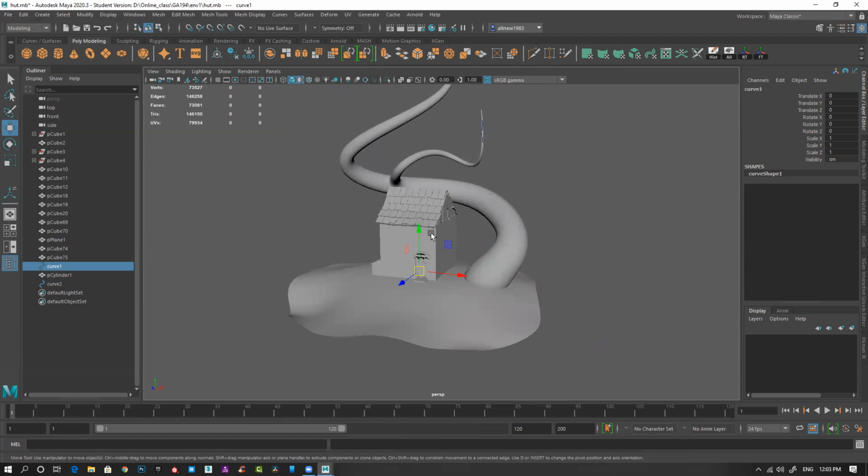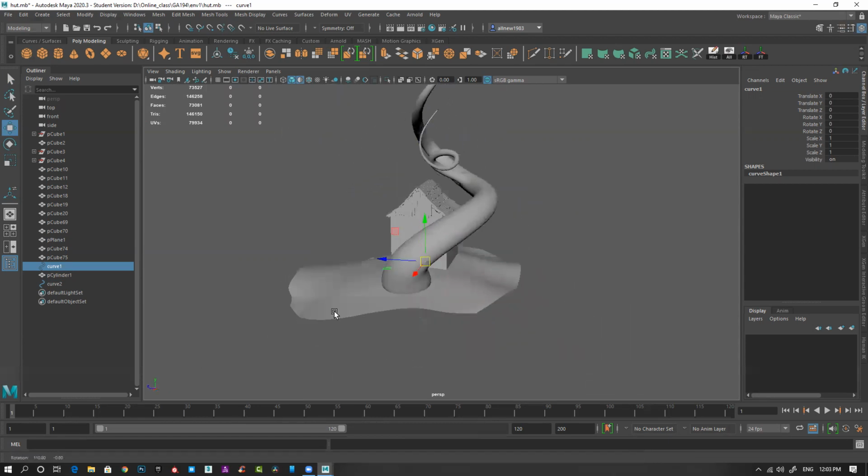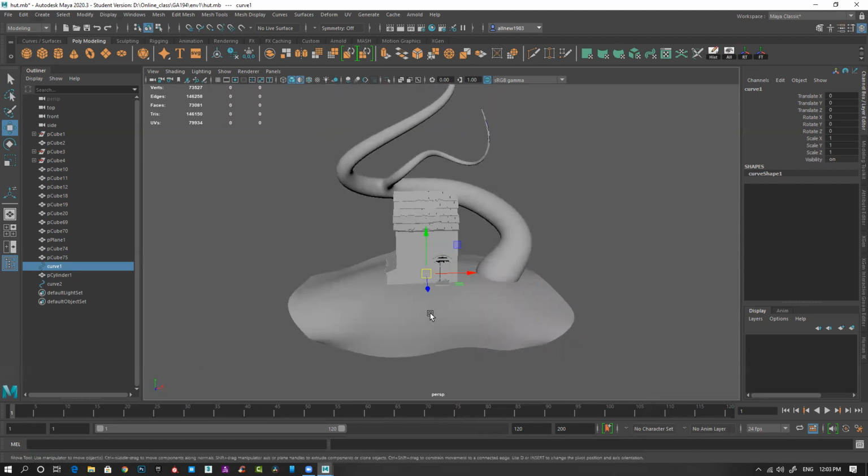And there are two things remaining here, so I'll add those things. There's a path I'll create here. So it's kind of a small, tiny diorama just to make you understand the software. It's nothing to do with very good quality scenes. It's just a very simple scene to make you understand how Maya works and how to create things very easily. And there are a lot of tools we can use. I'll show those things as well.